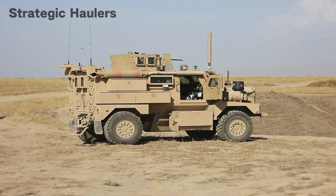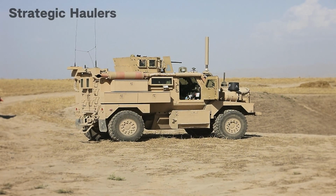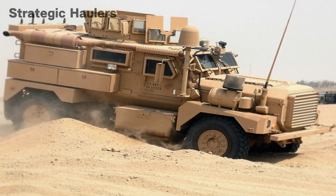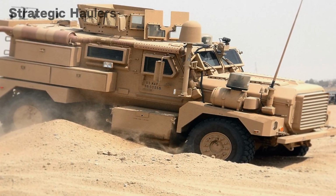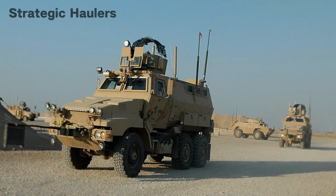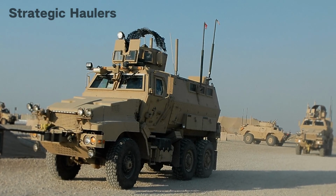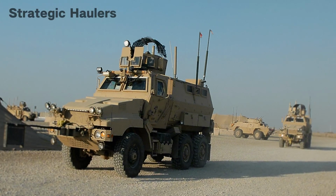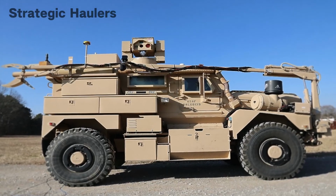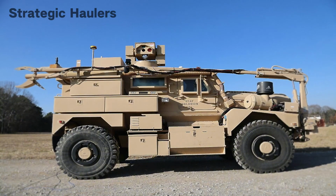Transferring this rotational force to the wheels is the Allison 3500 SP Series 6-speed automatic transmission. The choice of an automatic transmission was non-negotiable for several reasons. First, it lowered the training threshold for operators who might be 19-year-old infantrymen used to driving civilian sedans. Second, and more importantly, it maintained torque delivery during shifts. In deep mud or sand, the momentary loss of momentum during a manual gear change can cause a 17-ton vehicle